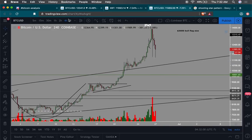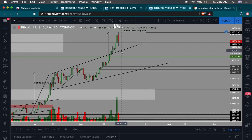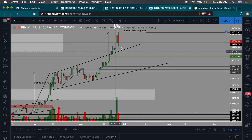Okay, another area that you could potentially buy is the top of this bull flag right here, anywhere between 10.7 and 10.9, if the prices keep falling over the next day. All right, so you have a couple of different areas, right? You have the top of this trading range around 11.3. You have this area right here around 10.7 to 10.9, if the daily candles keep breaking down and hit the top of this bull flag, previous resistance turned